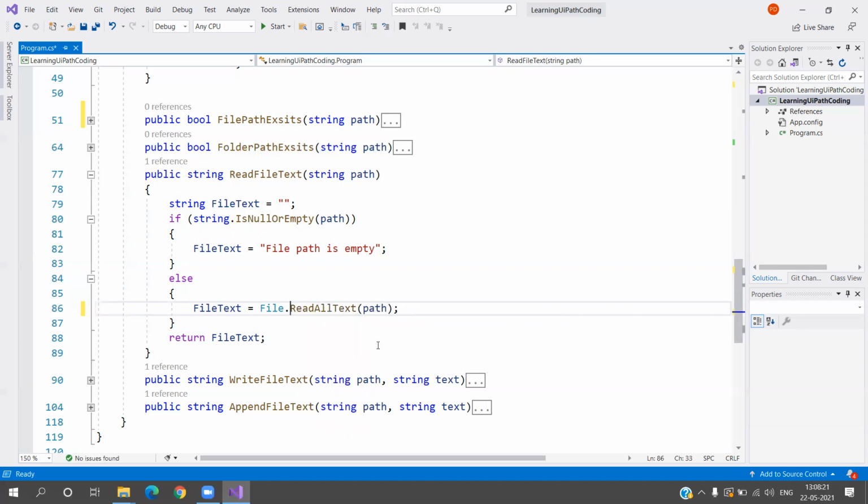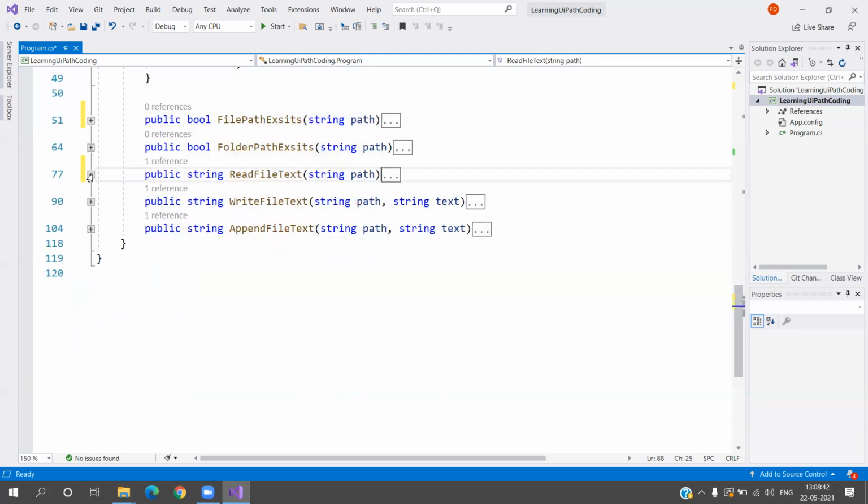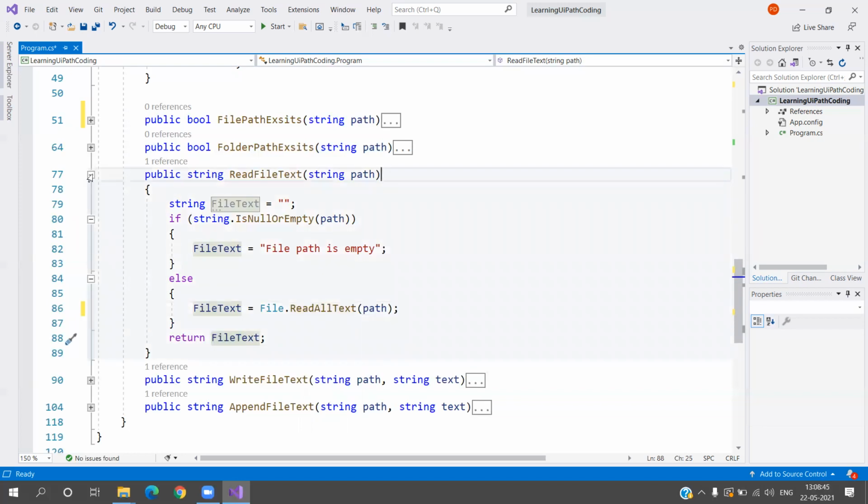But I'm going to use ReadAllText over here, which we will use in the further processing. Whatever I'm reading, I'm assigning it to my variable file text, and I'm returning that variable. So this is how you can write the read file text function, and you can work with txt files within your C sharp code as well as UiPath. In case you don't want to use the read text activity, this is the simple thing that you can use. This is where you will understand the coding and how the activities work behind the scenes. You will be surprised that this is doing such fast processing; this is what is written behind that activity.